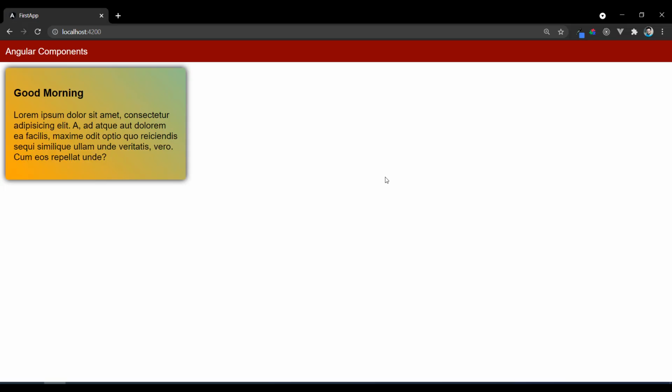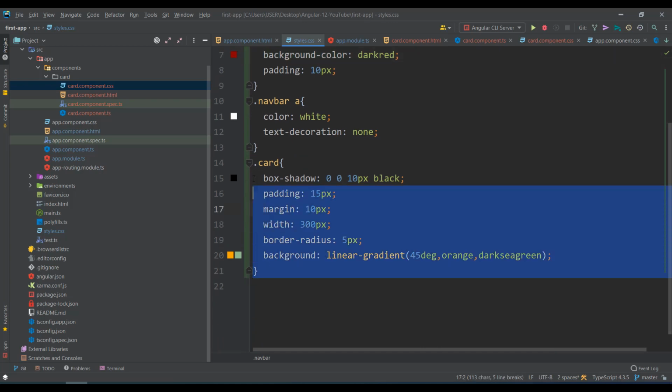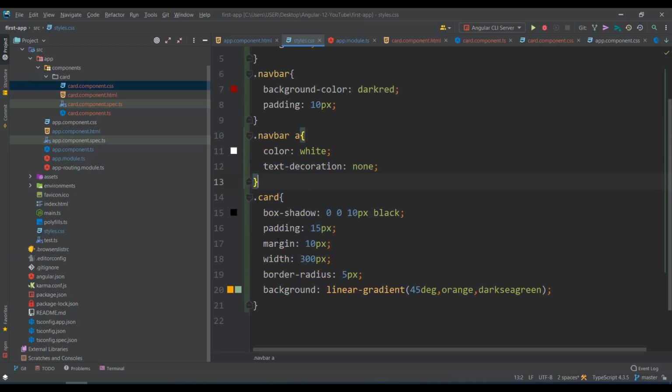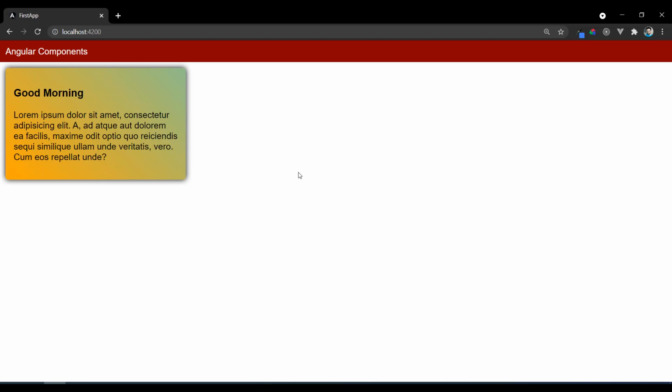And one more thing is, mostly we never use the plain CSS. This is core CSS, we mostly never use it in Angular, because we must focus on the Angular part.